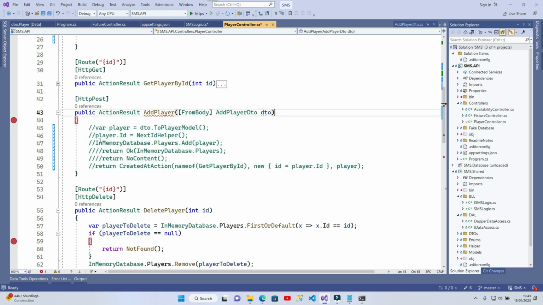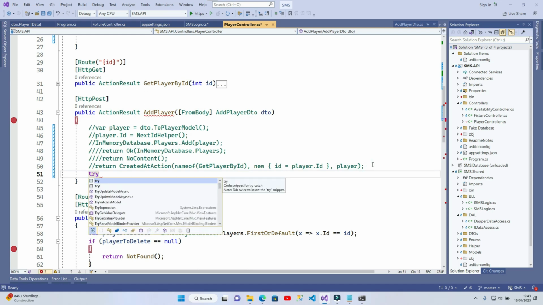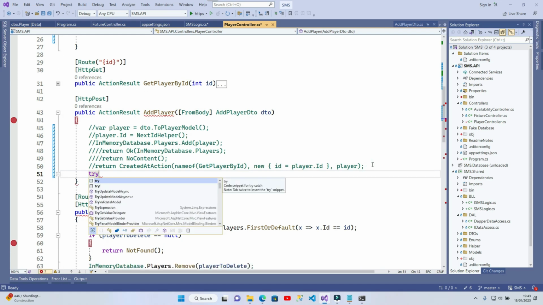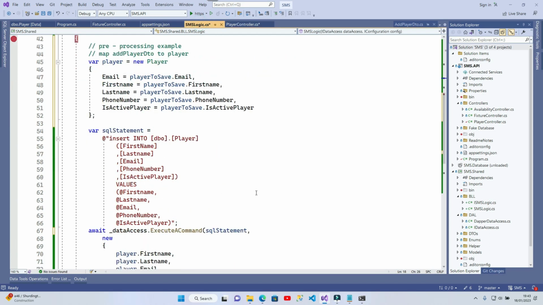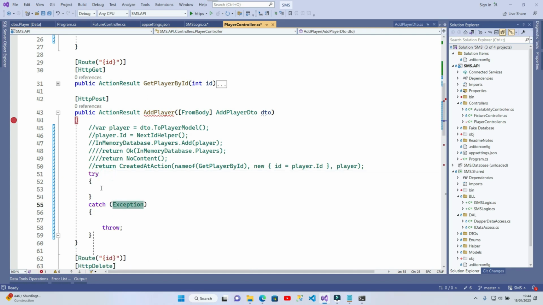So we've commented out all the code, and again we would probably wrap this in a try catch just in case it didn't work, because the execute command in the data access layer doesn't return anything. So again, we could handle that in here with a bit of extra logic, having a try catch or something that would, if it's okay, return true. If it's false, it wouldn't. We won't bother with that for now. We'll just let this run through. What we will do is put a try catch in here, and all we will say is await